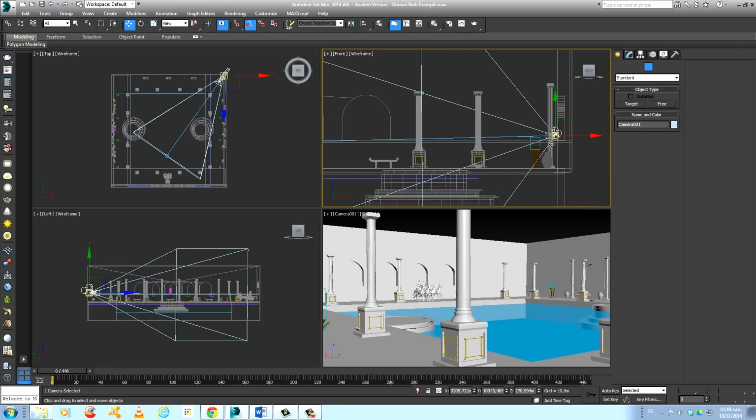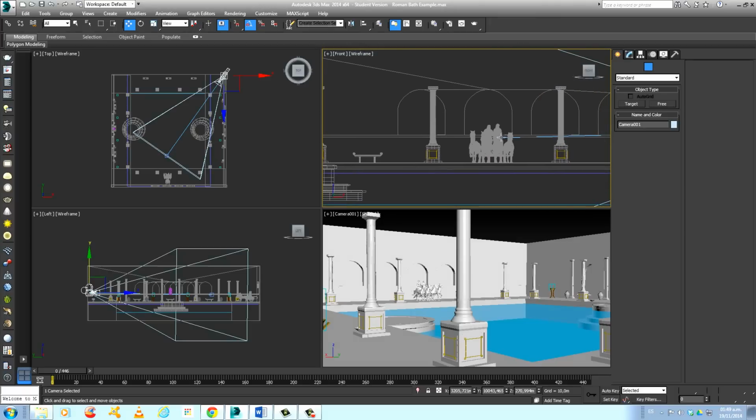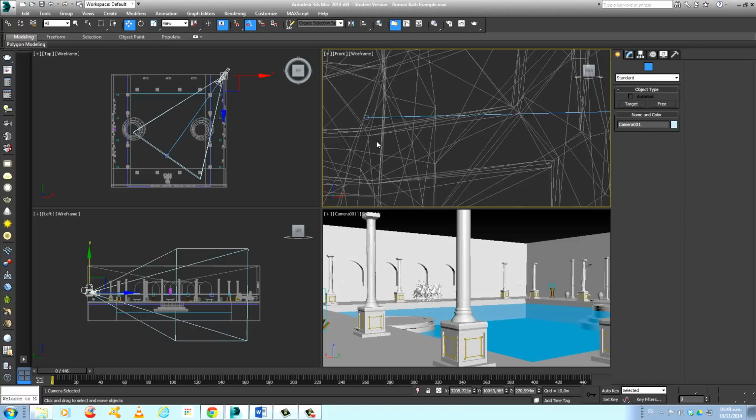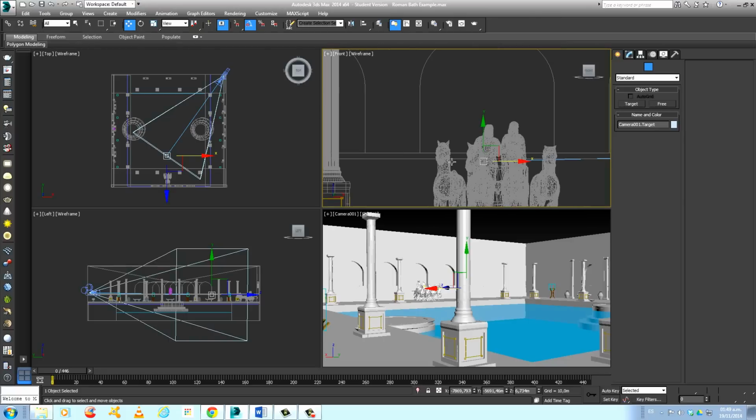Remember also that the camera projects a blue light, and at the end of that light, you can find the target. That is gonna help you also to focus on the camera and show what you want to show. Okay, I'm gonna leave it there